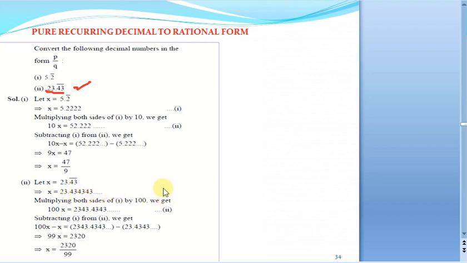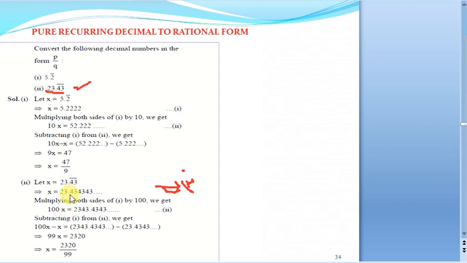This is how we write non-terminating repeating decimals. Now see, for how many digits is this particular bar? For 2 digits. So in this case I will multiply with 100 on both sides. Let me assume this as equation 1. Now I will multiply equation 1 with 100 on both sides. Why? Because here two digits are repeating, so that's why I will multiply with 100 in this case. So I will have 100x is equal to, now see, the decimal point is initially here.